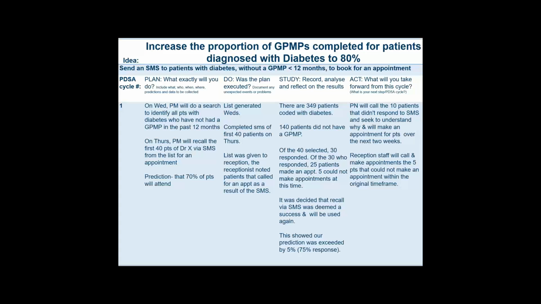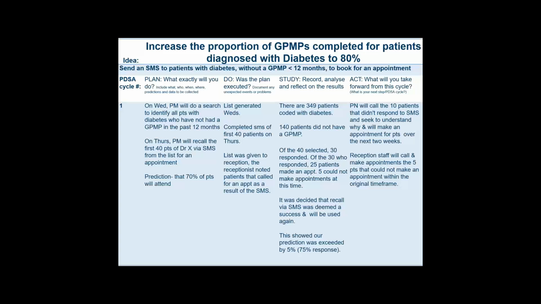So then act. What will you take forward from this cycle? The practice nurse will call 10 patients that didn't respond to the SMS and seek to understand why, and will make appointments for the patients over the next 2 weeks. And reception staff will call and make appointments for the 5 patients that could not make an appointment within the